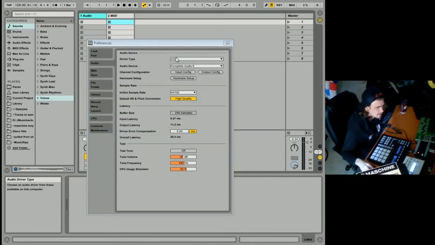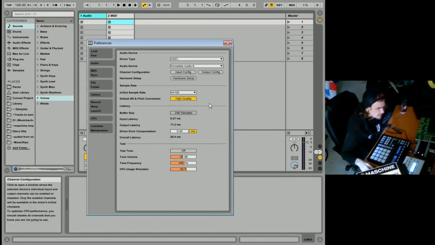If you are using the back of the computer, what you want to do is select ASIO for All as the driver type. Very important. I guess it would be your default sound device. Then you're going to want to go to buffer size, and then turn that on. Give this a try,